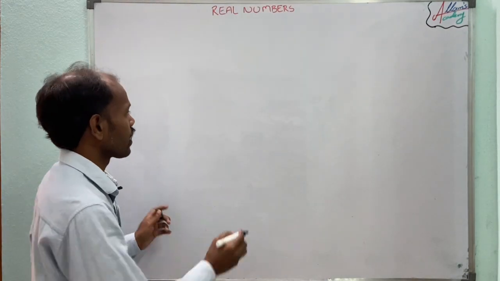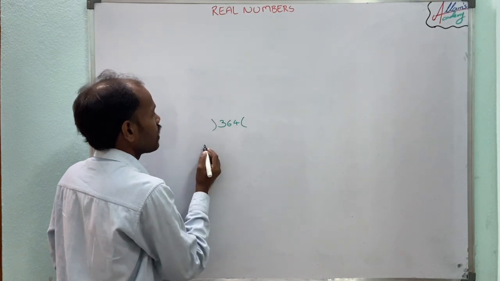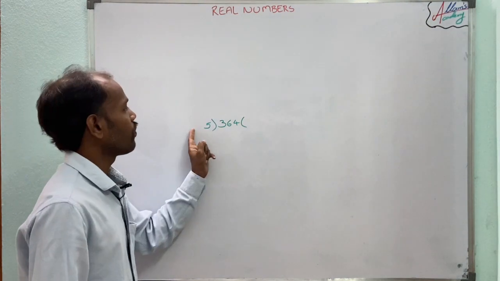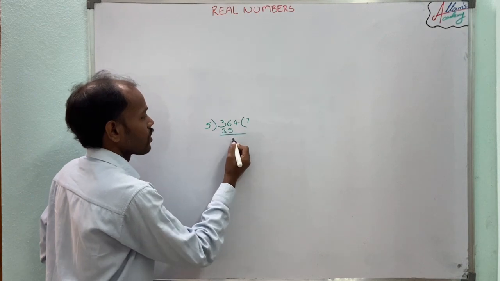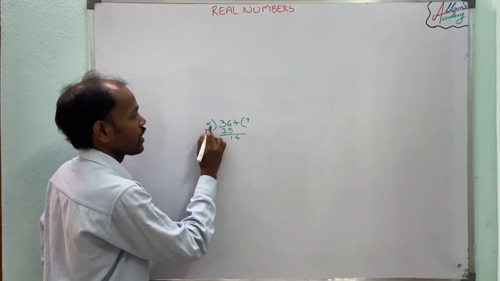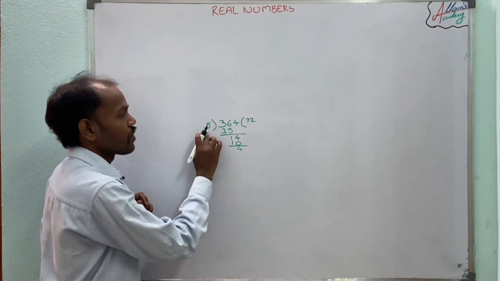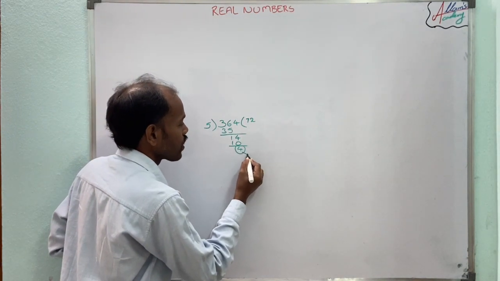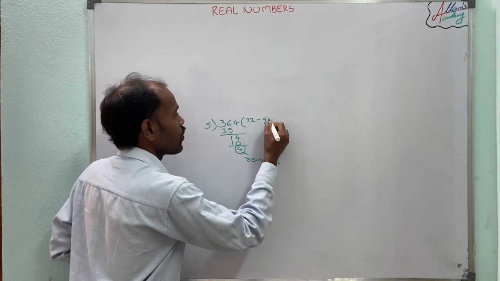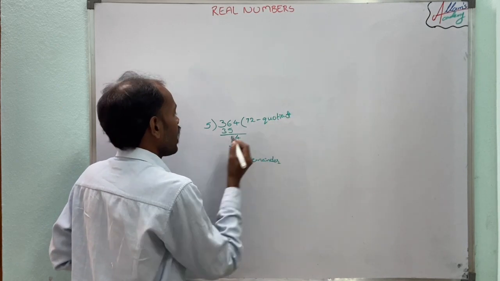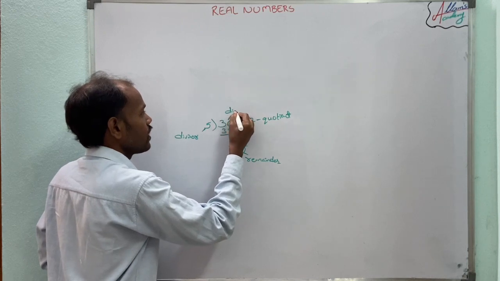If we take a number 364, now it will be divided by 5. 5 7s are 35, so the remainder is 1, so 14. 5 2s are 10, so here the remaining one is 4. 5 does not divide 4, so now this 4 is the remainder, and the 72 is the quotient, and the 5 is the divisor, and 364 is the dividend.